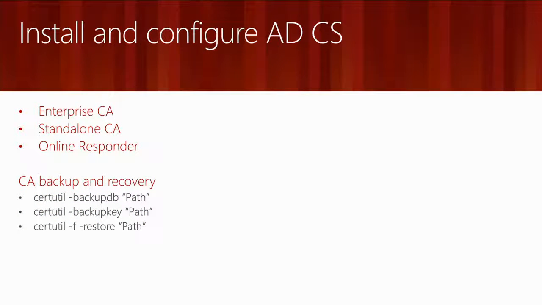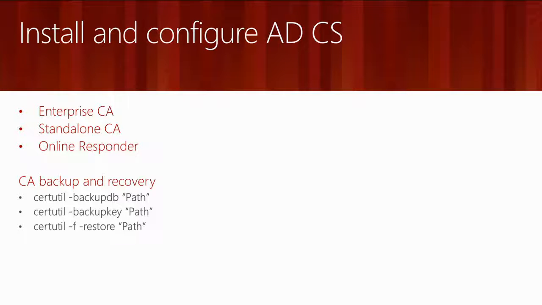Okay, so ADCS, this is PKI, Active Directory Certificate Services. You've got your enterprise CA and the standalone CA, and you've got to know what the difference is and when to use them. We go into the use cases. So first, the enterprise CA requires Active Directory. And the first thing to think about with an enterprise CA is that when you think about an offline root and you think about an enterprise CA,